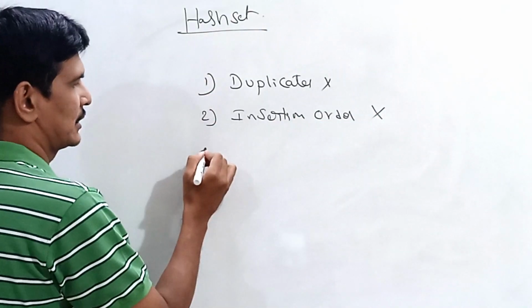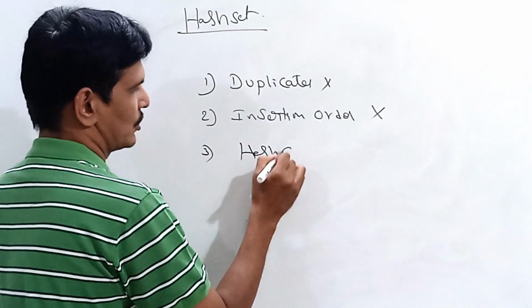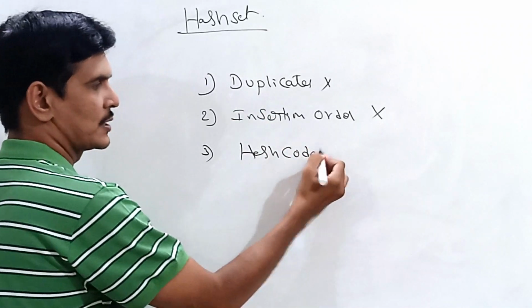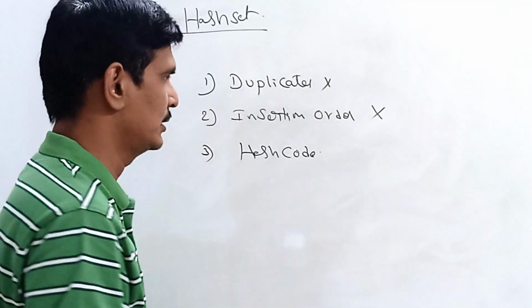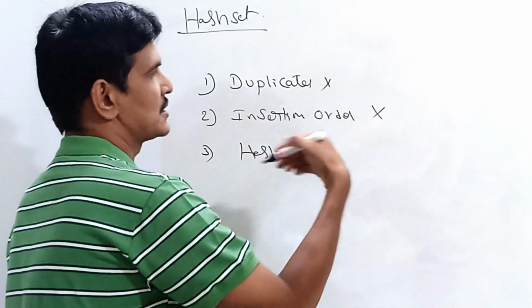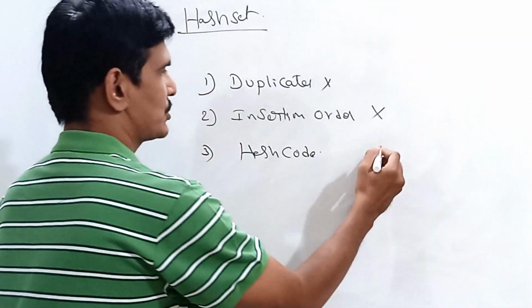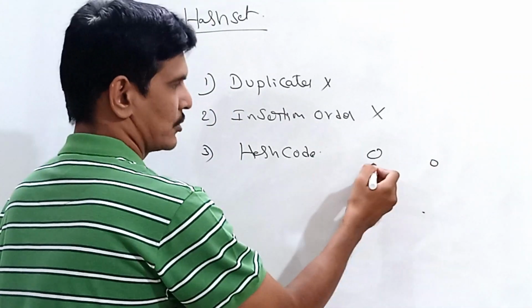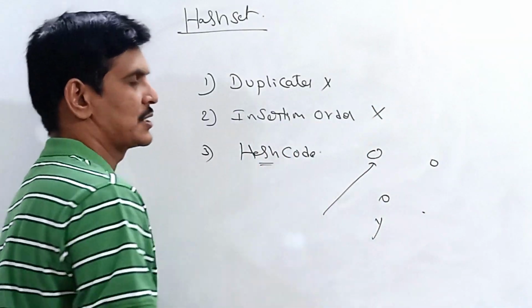This HashSet will insert the elements by using a concept called hash code. Hash code is a concept by which the elements will be inserted in the HashSet. That's the reason searching of elements is very fast in HashSet. Suppose we have a large number of elements and you want to search a particular element, it will be very fast because internally it uses the hash code concept